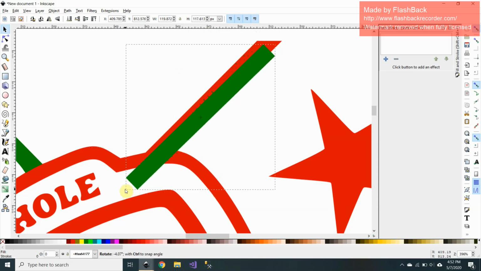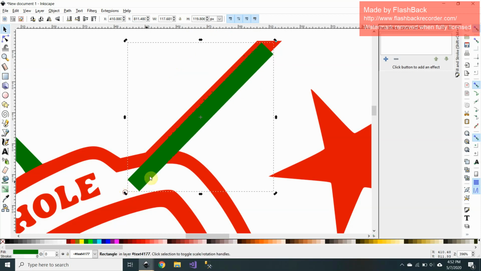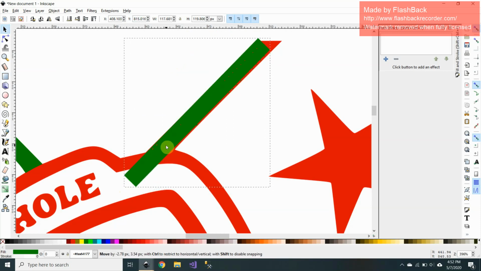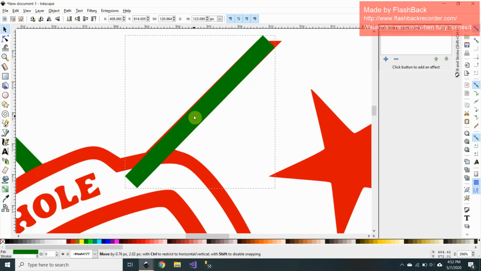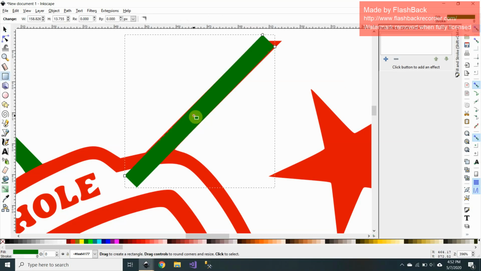All right, so we're going to just match this angle up perfectly. Got to get the size right too. It's not quite the right size. So I'll make it a little wider. That looks pretty good. And then if I go into the points of this,